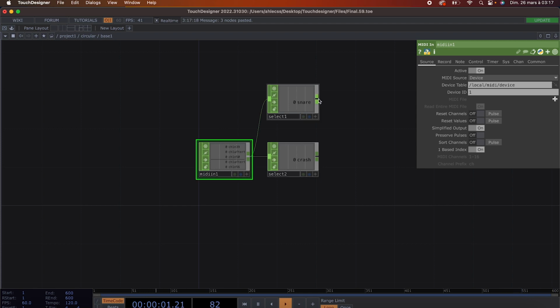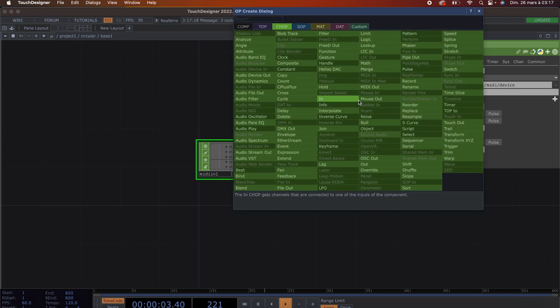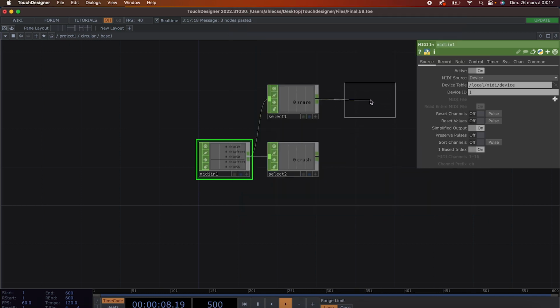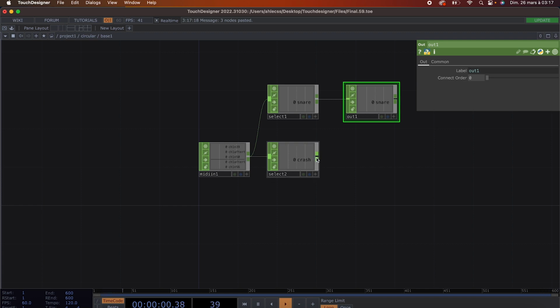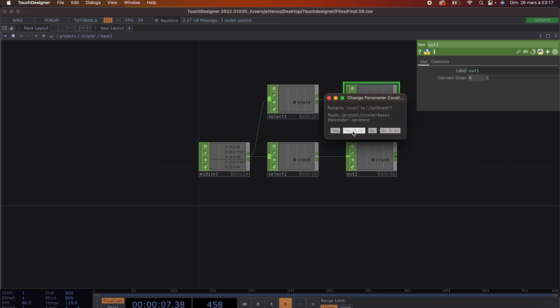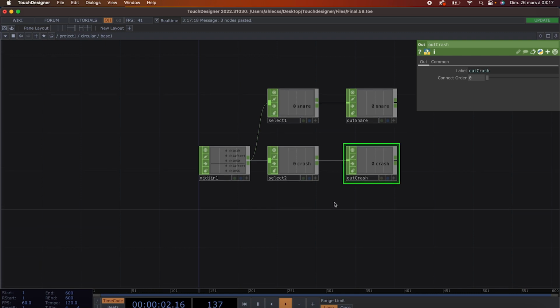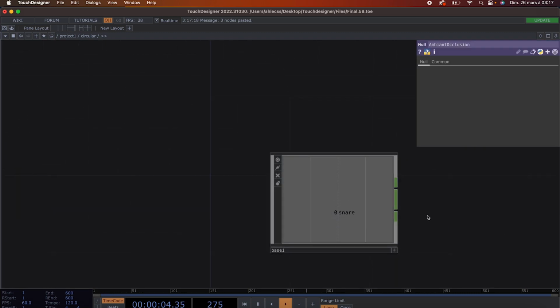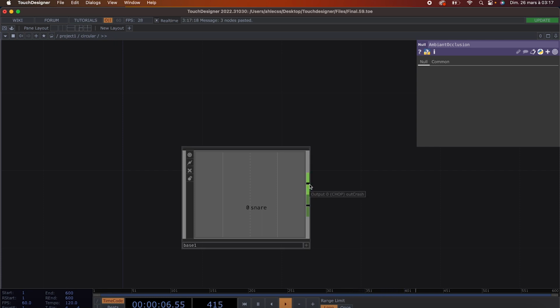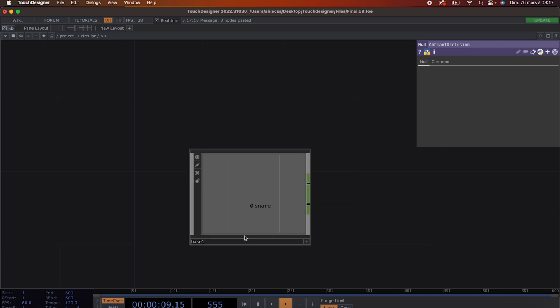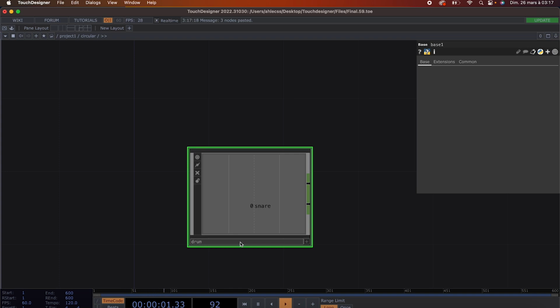So now for each one of the selects, you want to add an out chop, which you can call like out snare and out crash, and unzoom. Now you see that your base component, which you can call drums, just drums,